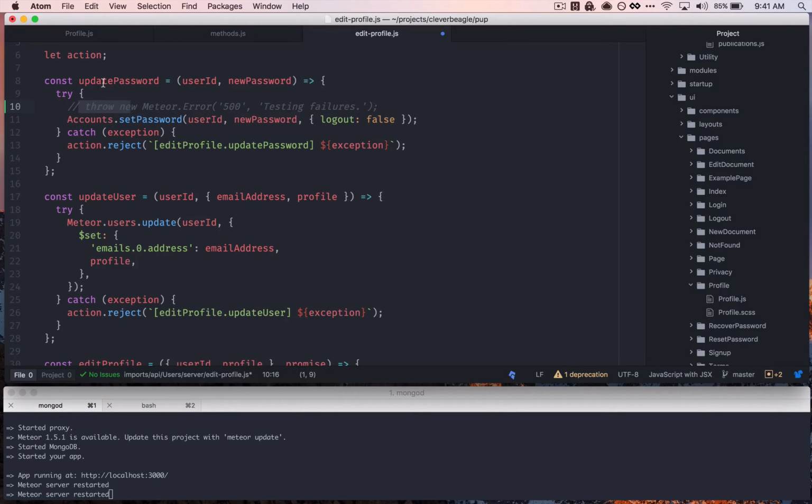You can call them functions. The names are interchangeable. But inside of the update password method, we have this throw new Meteor error. So we're trying to throw an error, simulate an error happening when we set our password. Now, this isn't actually happening. This is just a demo,